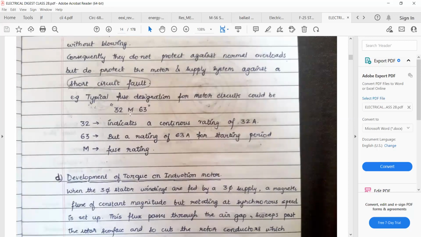Typically, we designate the fuse as per this: 32M63. What does 32 indicate? It indicates the continuous rating of 32 amperes. 63 indicates a rating of 63 amperes for the starting period. So the same fuse will not blow at 63 in the starting period, and M is the fuse rating. Okay. Next part is,